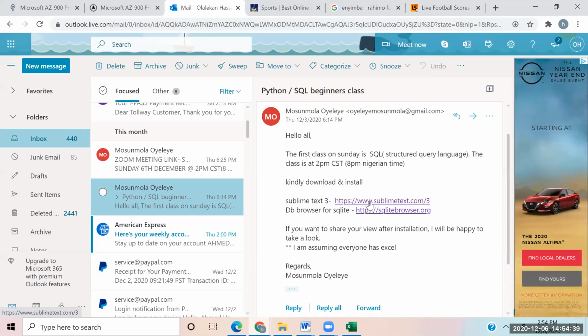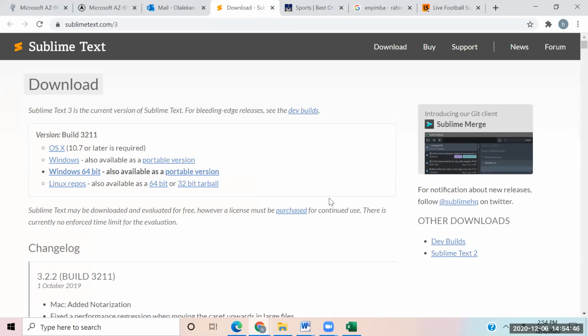Okay, Mosun, should I click the first one? Okay, I clicked on the first one. So what should I do from there? Every other person can do what I'm doing. If you're using Apple and you have OS X 10.7, I use a MacBook here, and I don't think it's the latest, so you should be able to upgrade to this. Most people using an Apple should be able to have the OS X. Then for people using Windows,